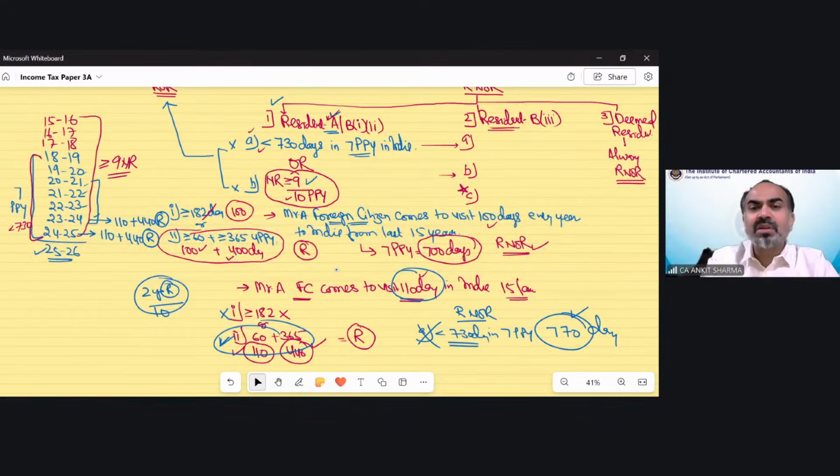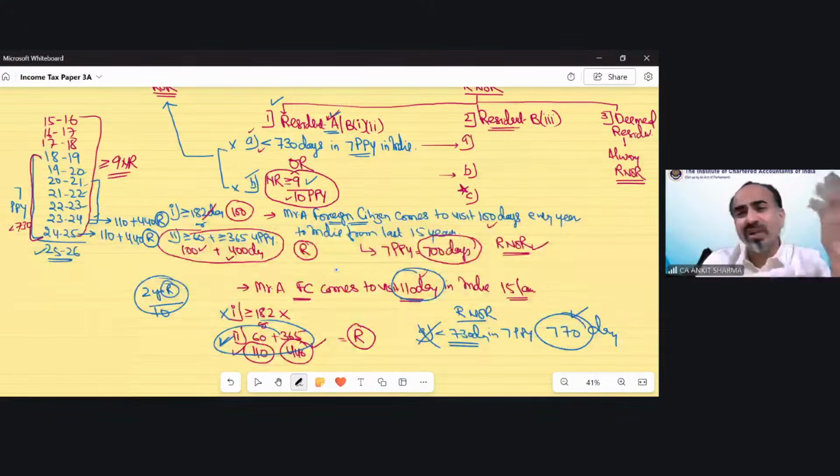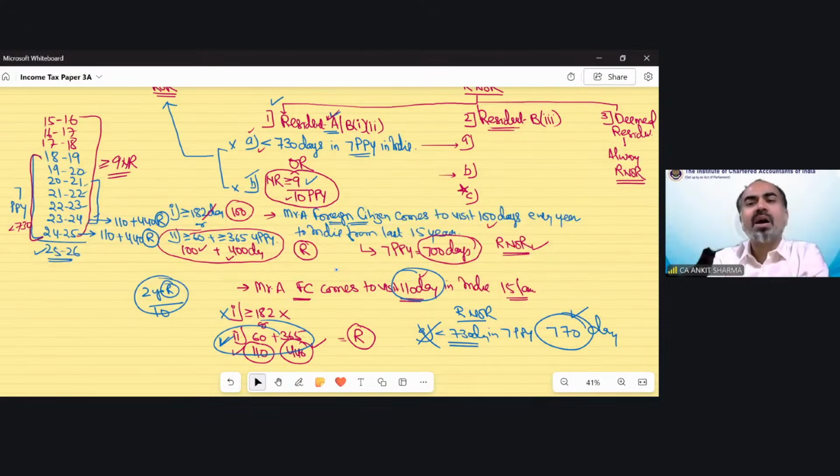So when we go through condition number B, we think this is very complicated. For 10 years, we have to check the condition. It will not happen anyhow, because the examiner also knows the same provision; they do not want you to solve it 10 times. So they will make you resident in 1 or 2 years. So you will find out that this condition cannot be fulfilled. So your judgment would be that he or she would be a resident and ordinary resident because he or she did not satisfy condition number A or condition number B. Clear?